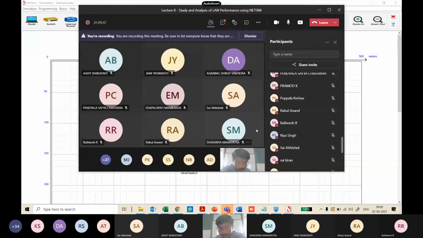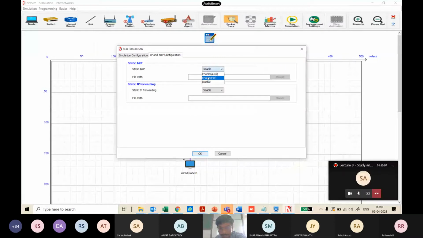Static ARP is enabled by default in NetSim, which means every node will have an ARP table where it stores all the MACs and maintains this cache. In dynamic ARP, if you enable it, it finds out the MAC and then stores it in the ARP table. So let that happen. If you disable static ARP, the ARP request-reply process keeps going on.